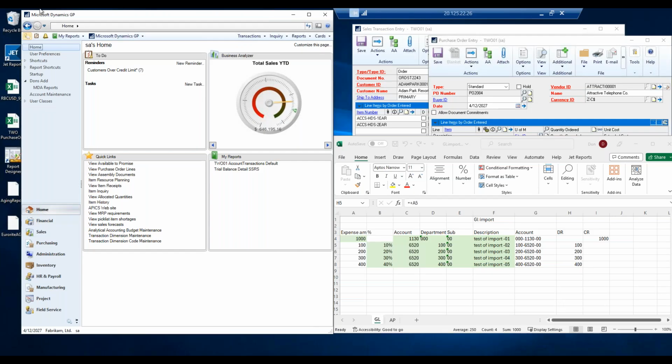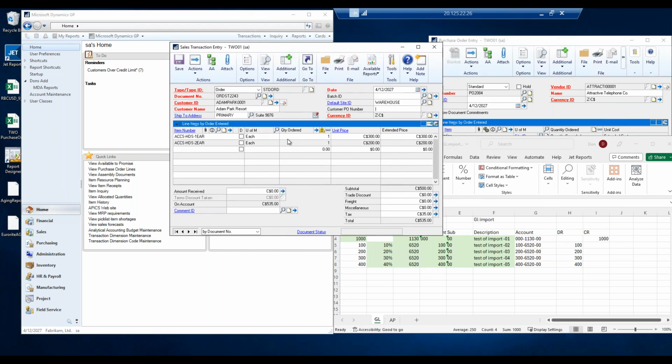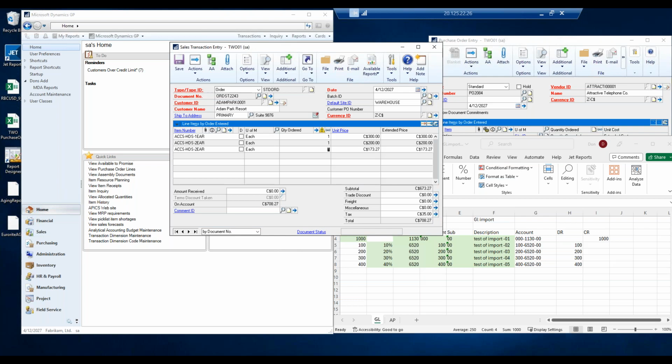So what I have here is Microsoft Dynamics GP, and I have a few things running at this point. The first thing I wanted to talk about was some of these lookups. So for instance, if I'm using the tab key to move through this, I've entered the order, and now I want to put in a new item. If I type an A and then press Control L, I get the lookup that looks like this, and it will take me to the first L, and I can grab my 2-ear headset. Again, I can add one more to be entered, and I can hit tab, and then I can hit my